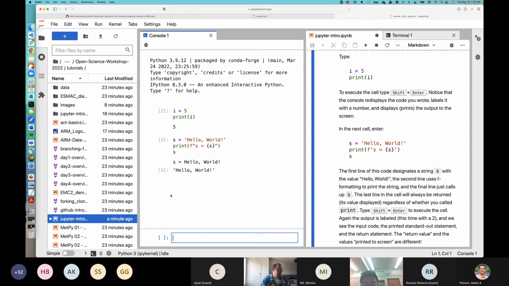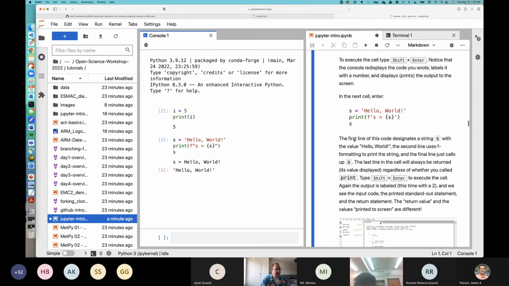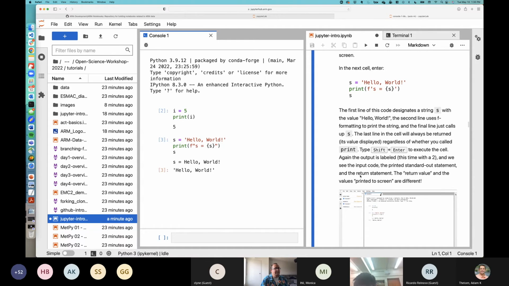So we see here that we have our s is equal to hello world. This is our variable, and then also it returns our print statement, which is hello world. So the first line designates a string. The second line uses that formatting to print the string, and then the final line just calls up the s